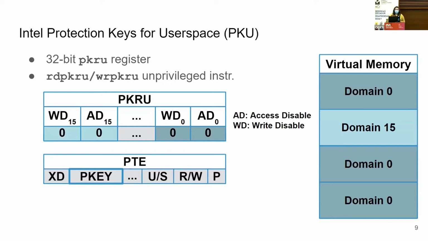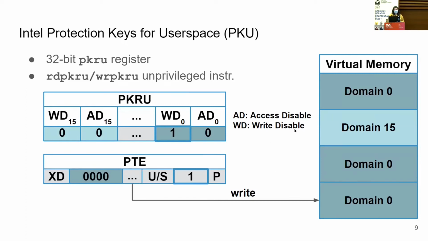It also associates 2 bits in the PKRU register, named access disable and write disable, with every domain, which encode the access permissions, if any, that will be dropped from every domain. So, for example, if we had 2 domains and the page table entry for a page belonging to domain 0, and we had write access to it, then even though from the traditional permissions the access would be